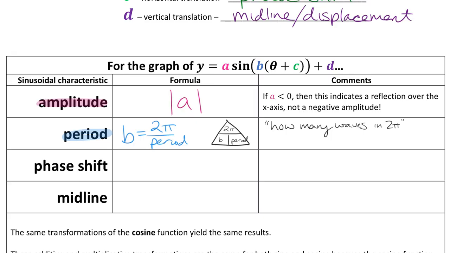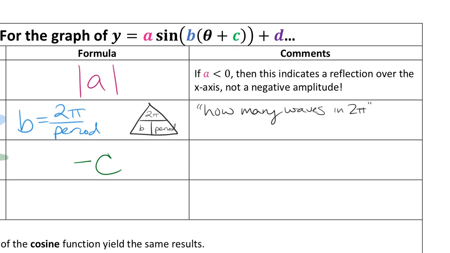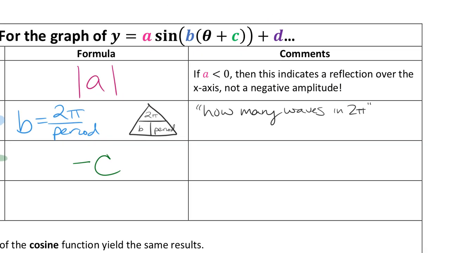Like I said, phase shift is really like a horizontal translation, so it's how much we're moving it from side to side. This one's a little weird because our textbook says that it's a plus c in the formula, but we know based on what we learned in other classes that the phase shift always goes the opposite direction of what you see. So since plus c is in our formula, we're going to say that there's a phase shift by a negative c amount of units, which means that if you see a plus sign, that means that the parent function